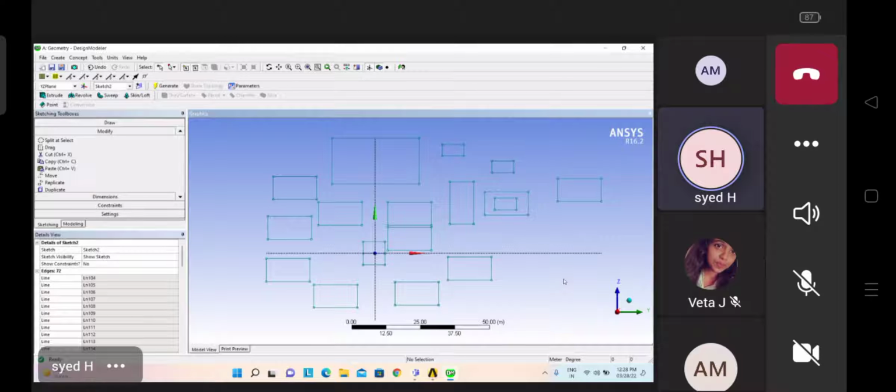See here. Now my question is, what is the difference between cut and move? In cut also what happened, the original one is deleted and the duplicate one is created at a certain position. And move also is working like that. Then what is the difference? So the difference you can find here is,